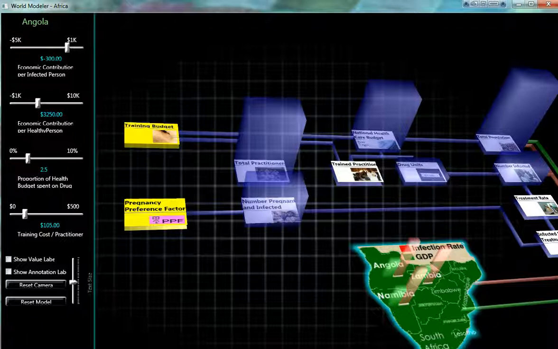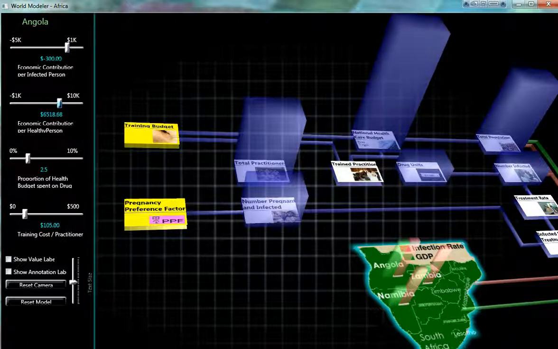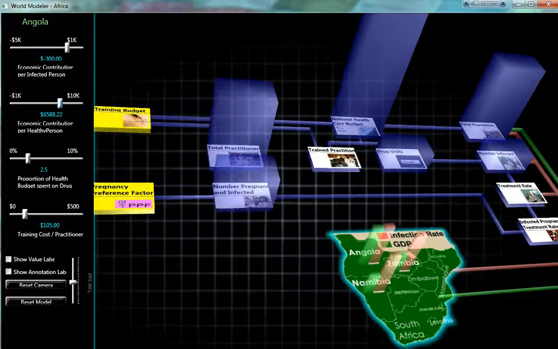around HIV/AIDS. If we can imagine that in a particular country that's beset by HIV/AIDS, sick people have a negative economic contribution, healthy people have a positive economic contribution, and we might make various policy decisions about how to address these sorts of issues. The World Modeler tool helps us run a simulation to understand how disease might play out